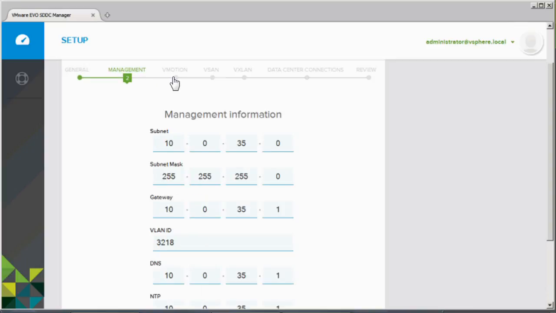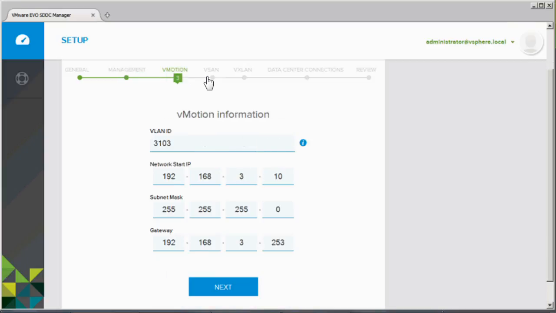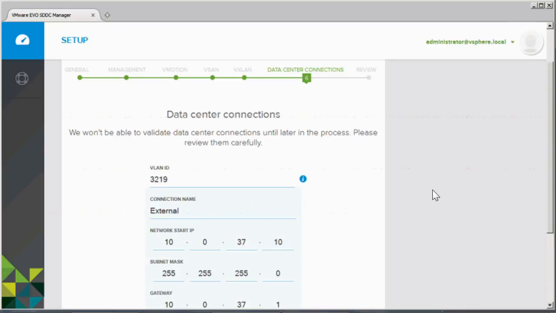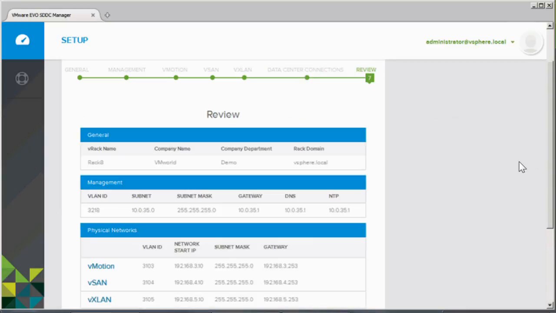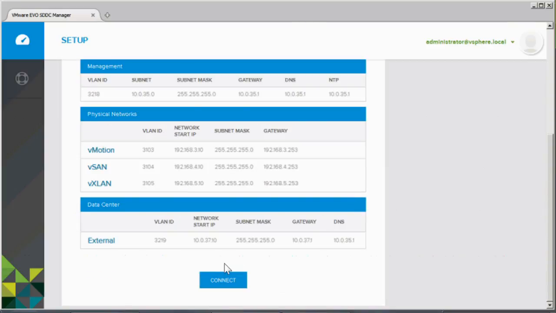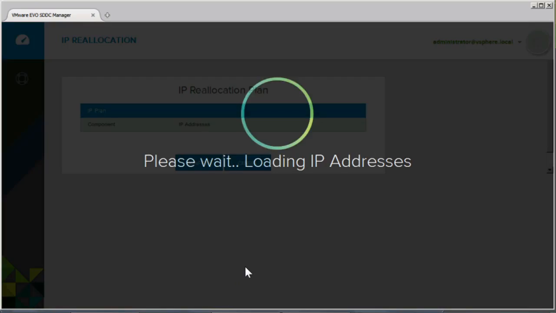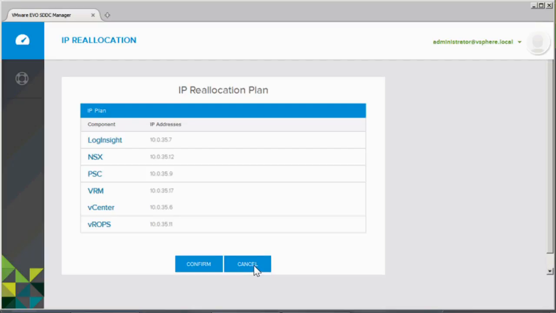To do that, we'll need to specify networking around management cluster networking, vMotion, vSAN, and VXLAN. But this management cluster doesn't exist in an island. It needs to integrate with the rest of your data center. And to do that, we have to specify external IP addresses, gateways, and DNS. We review what we've just inserted, hit connect, and what you'll see here is a series of services that will have those external IP addresses applied to them, including